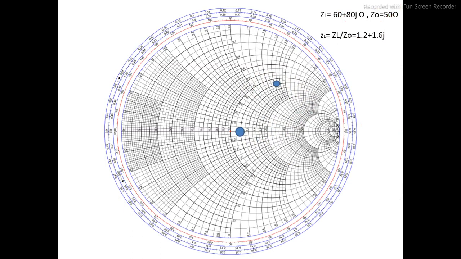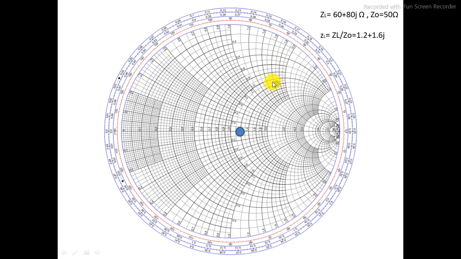Now moving further, I have taken a point. The point is ZL, a load impedance of 60 plus j80. As I told you in my previous classes also, first we will normalize it to plot it on the Smith chart: capital ZL divided by Z0. The characteristic impedance I have taken here is 50 ohm for the given transmission line. So my normalized load impedance will be 1.2 plus j1.6. Here you can see the 1.2 real circle and the plus 1.6 reactive circle. The intersection of these 2 will give us the normalized load impedance on the Smith chart.